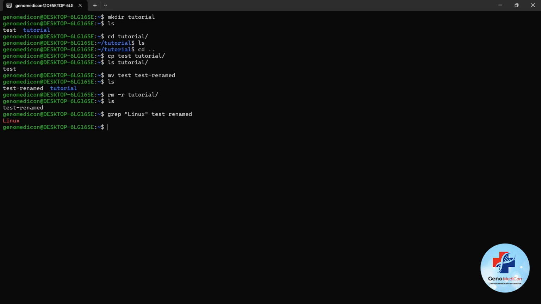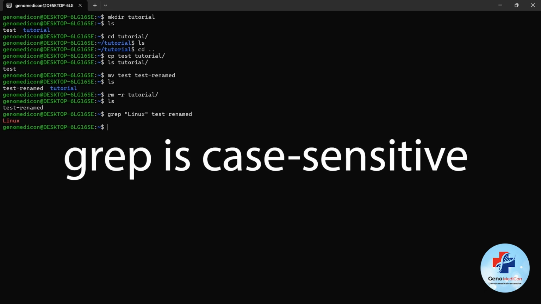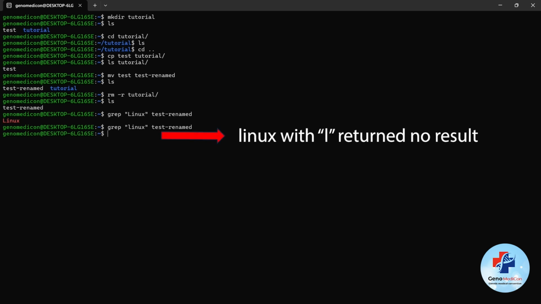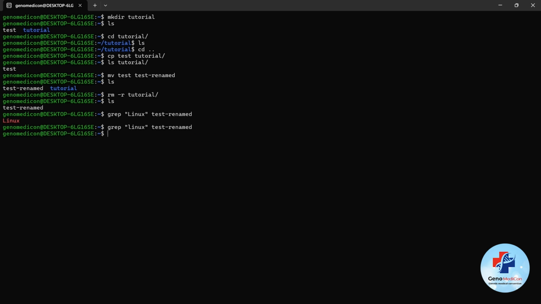Just keep in mind that by default, grep is case sensitive and it will perform its search based on the exact spelling of the search term. You can deactivate the case sensitive nature of grep by using the -i option.